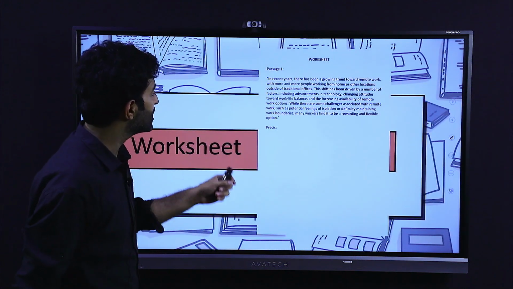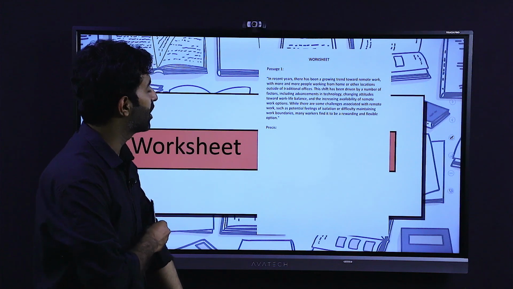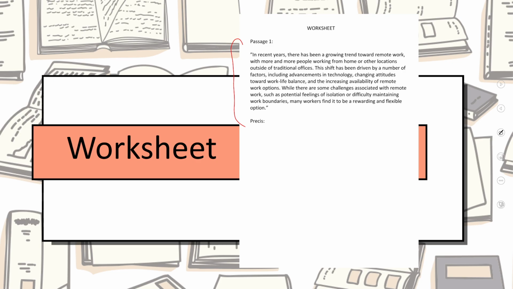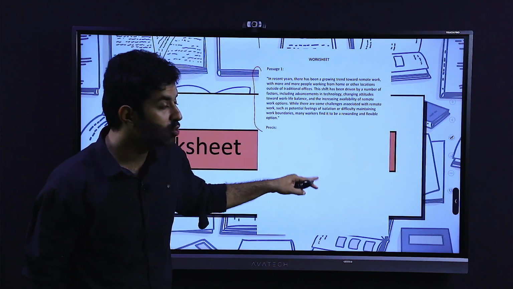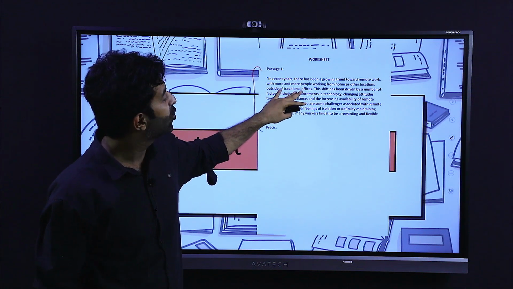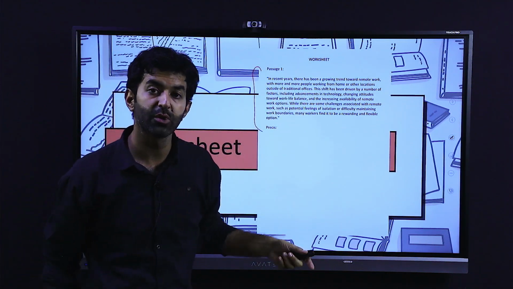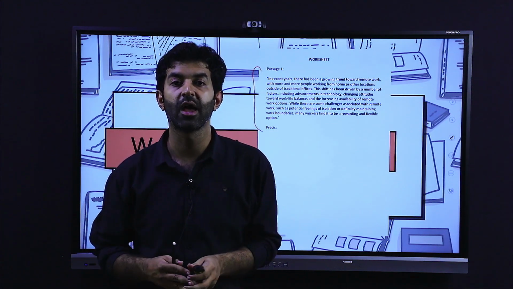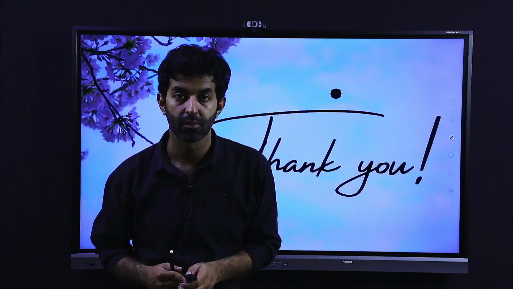All right, students, let's talk about the worksheet as we are wrapping up our lecture. Here you have two original passages, one on this page and the next one on the other page. The space is given for you to write a précis. Notice how many words there are and you have to shorten it. Give a suitable title to your précis as well and follow all the instructions that we have learned about in this lecture.